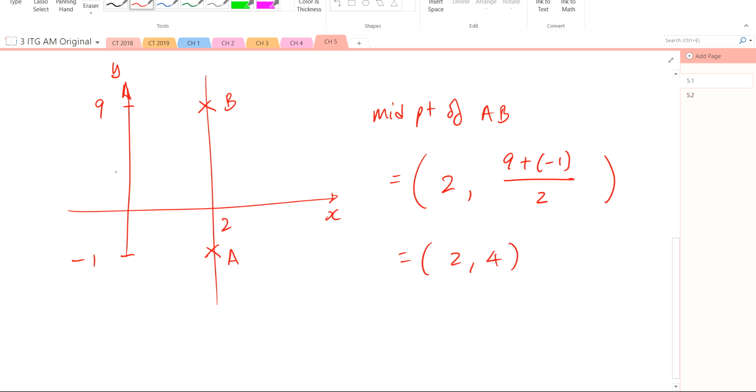Then check your answer. Okay, let's say this is the midpoint. 4. There are 5 units over here. There are 5 units over here. 10. So it is literally the average. Literally the average. Regardless of x or y coordinate. Okay? Now let's